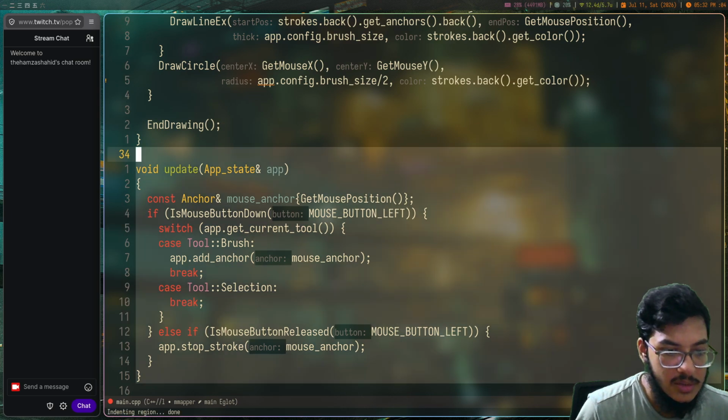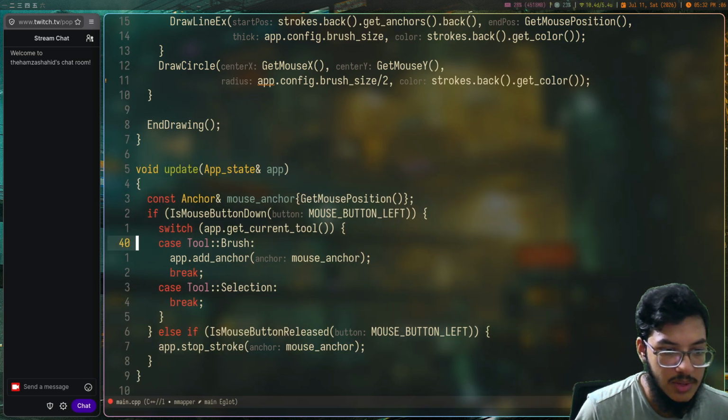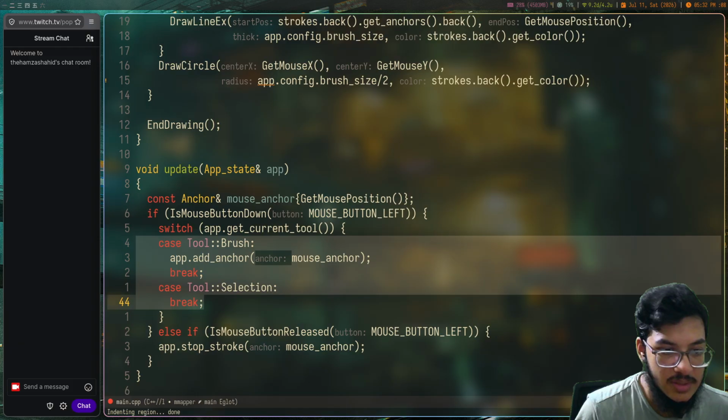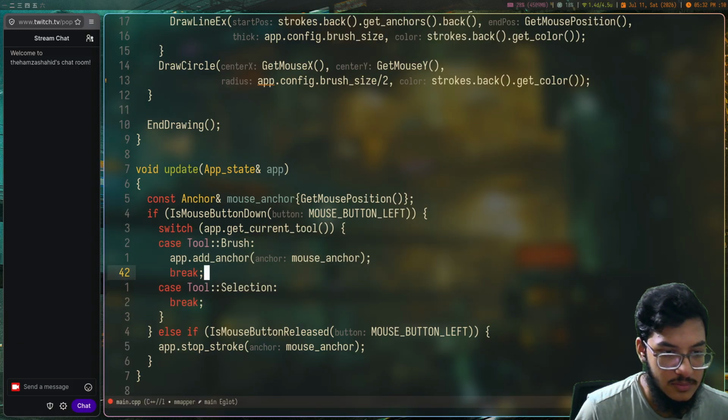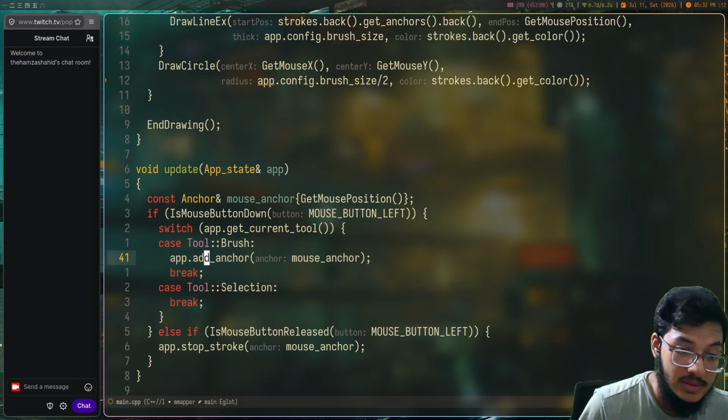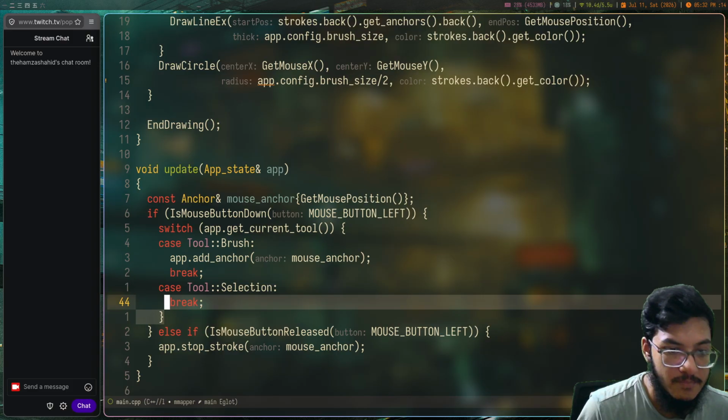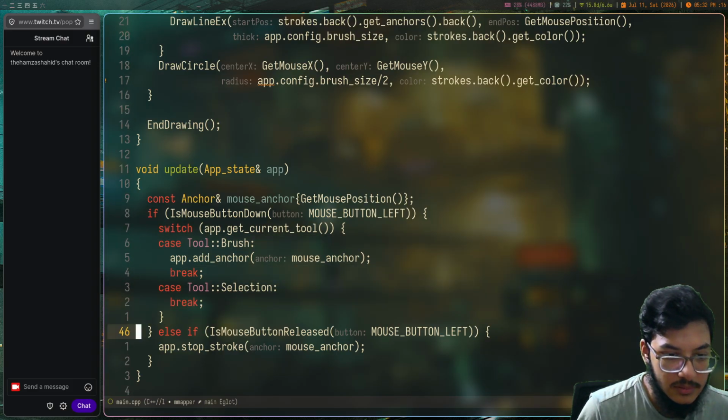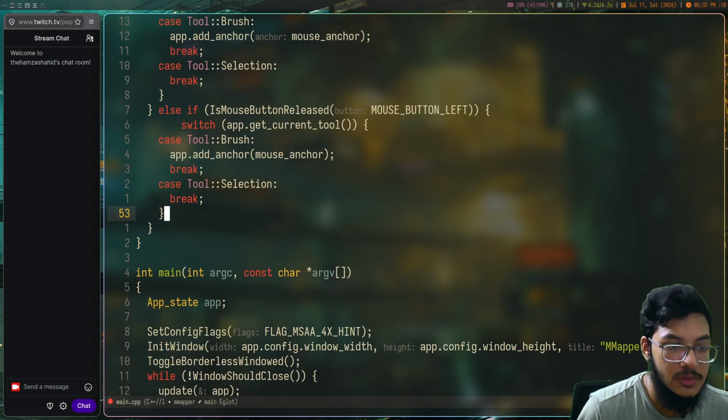What I don't understand is why it's not indenting region properly. Please indent the region. I guess it's just like this. Let me copy that, and we can stop stroke. So,